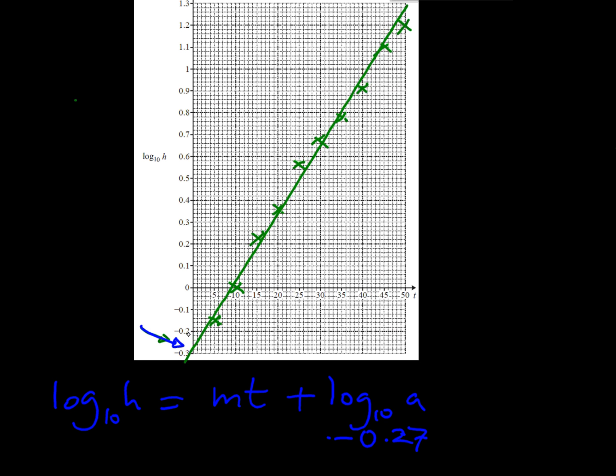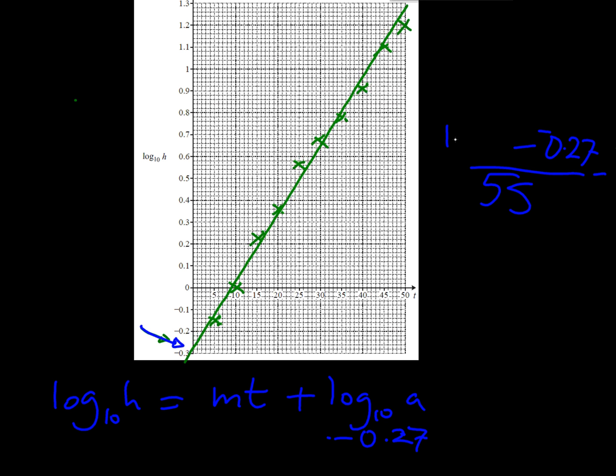So if we went from one end to the other, t goes from 0 to 50 years. Over 50 years we started at minus 0.27, so that's going to be the bottom of our difference calculation, and the top end, I think we're at